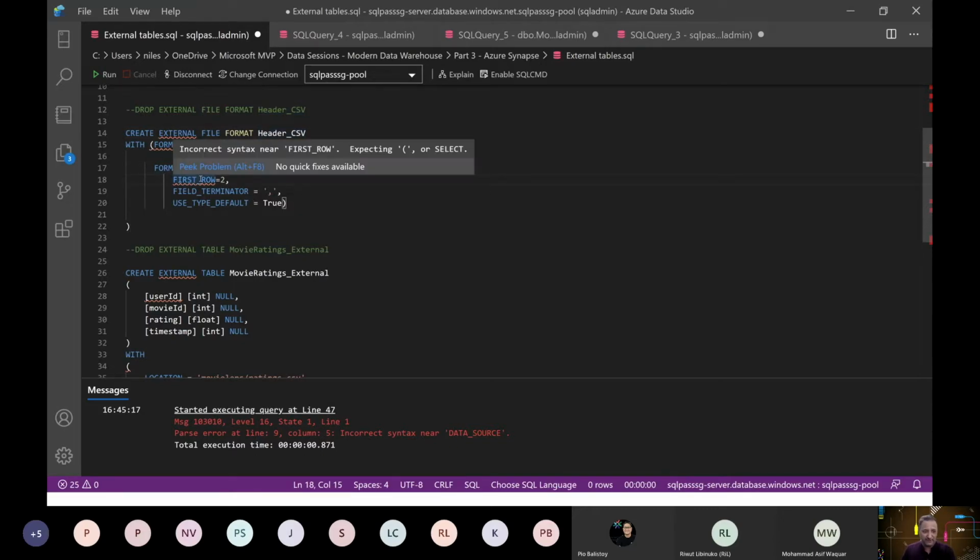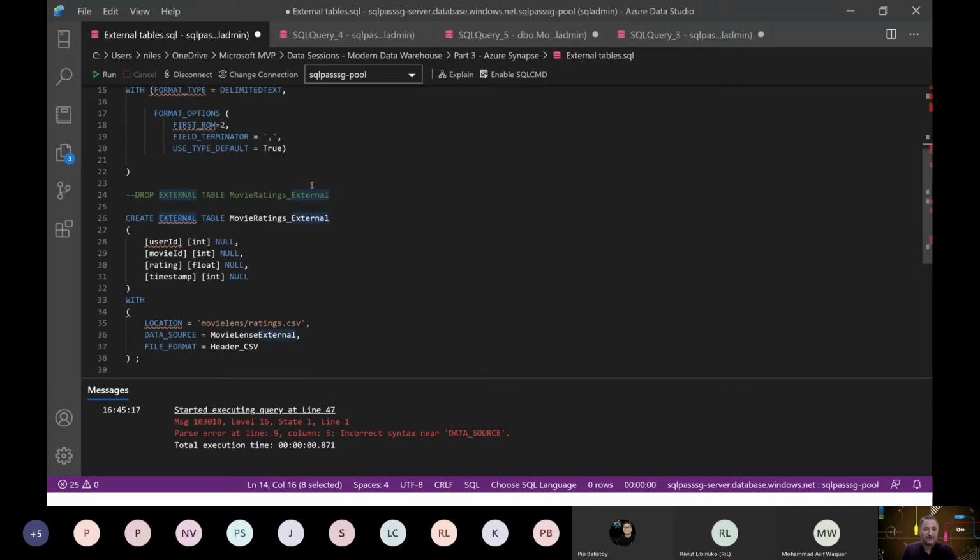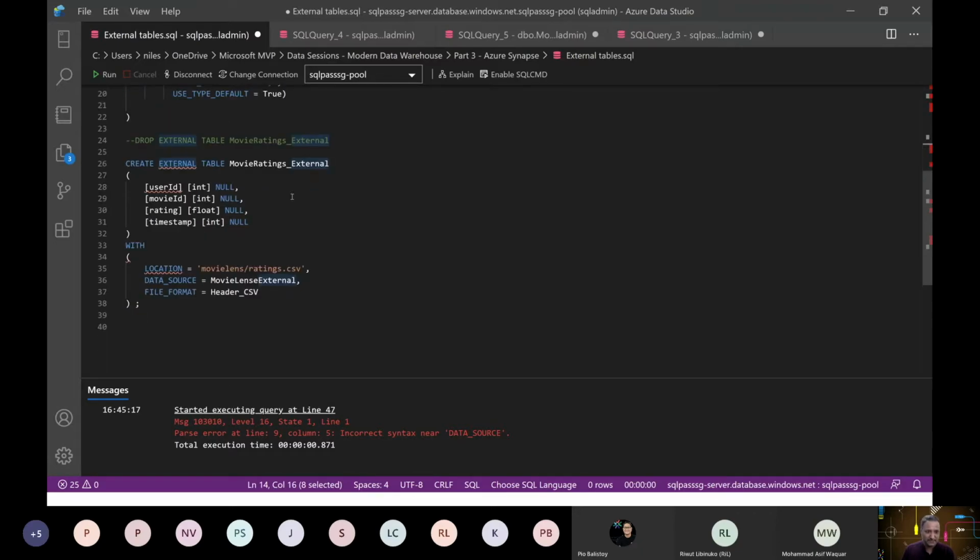I know my first line in my CSV file is a header, and the actual data starts from row number 2. So I'm giving first row as 2 here. And what is the field terminator? Since it's a CSV file, it's a comma. So I can specify these options, and I create the external file format with which I want to interact with those external files.